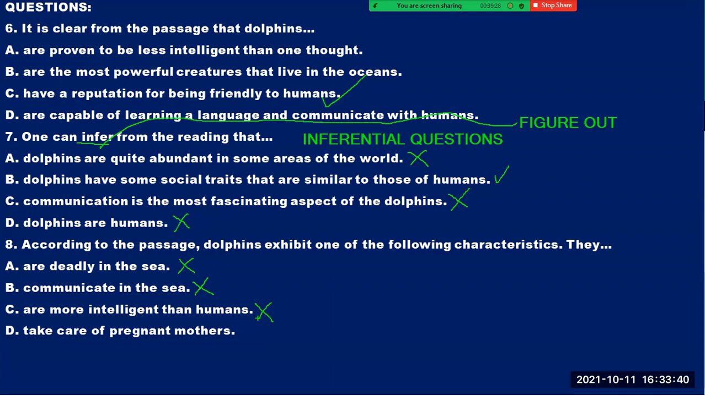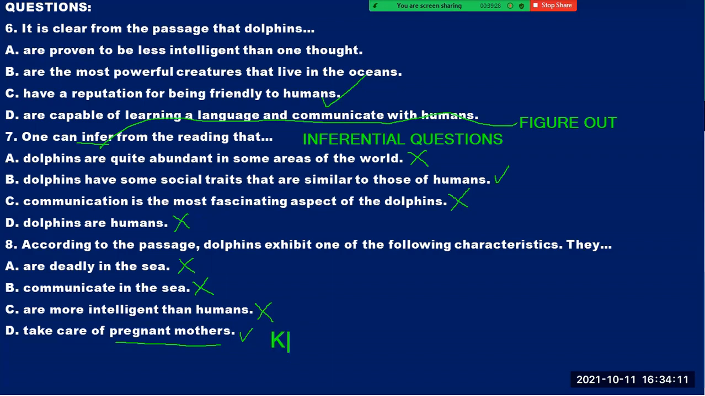You can see by eliminating the wrong ones, we are left with only one option. So we can even conclude that that is the correct answer. But we need to examine it and cross-check it with the information we have in the passage. Take care of pregnant mothers. Now, this is correct, but let's now give it half. We have to cross-check this. I just want to show you how you can use